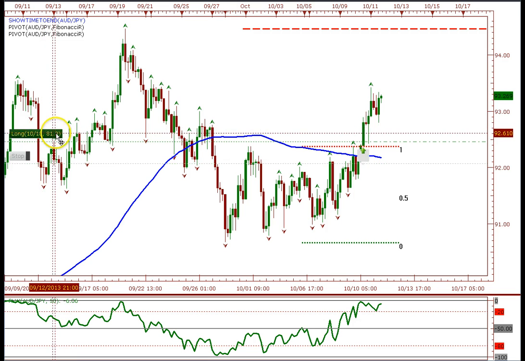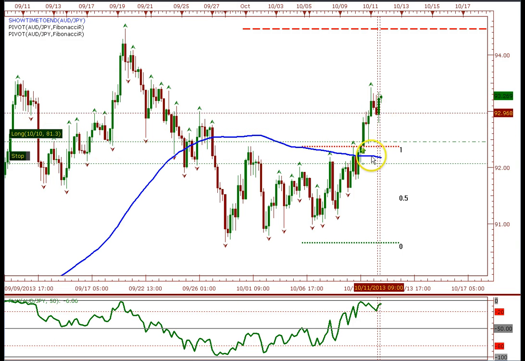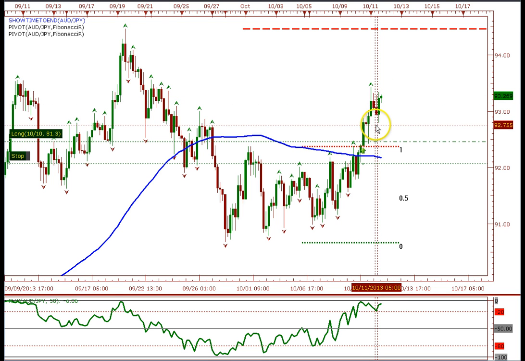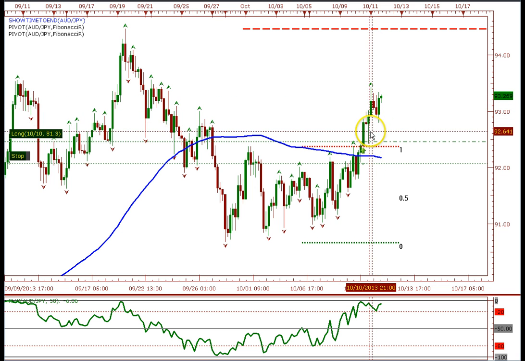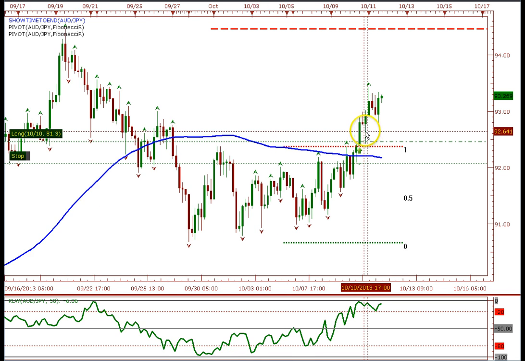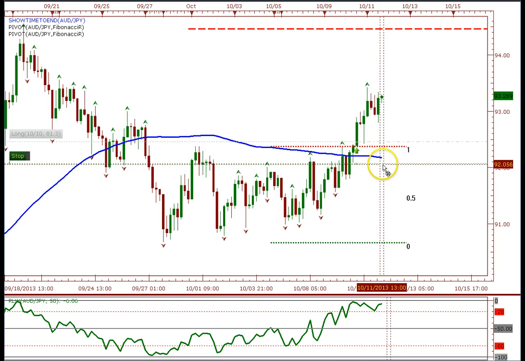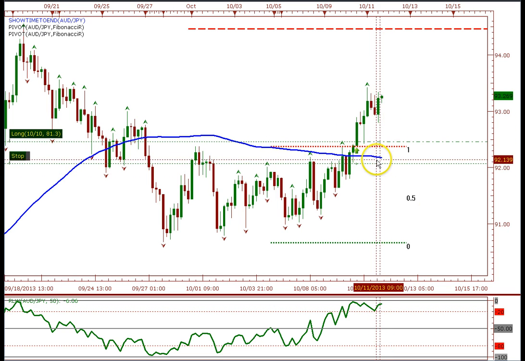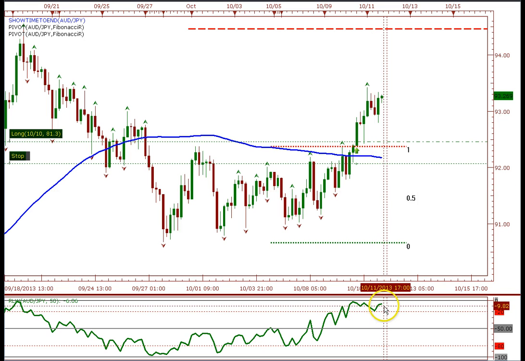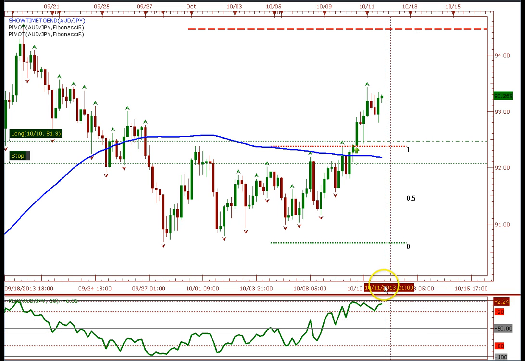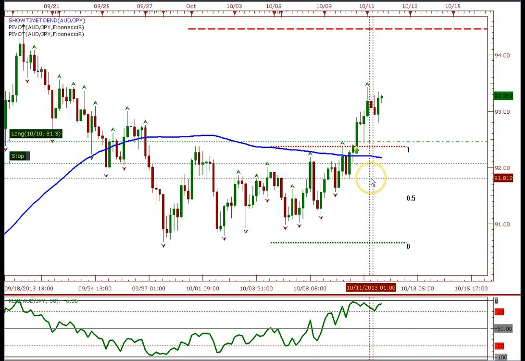I'm not going to let 81 pips right here that you see I made come back to zero. So what I may do, I may let 81 come back to 40, maybe 35, or I'm going to decide a number where I'm definitely going to take a profit and know that the market's starting to go against me. Okay, but if I follow my rules, now I'm going to wait for either price to close below the 100 period moving average, or for this indicator to close below this negative 50 level. All right, those are the rules I'm going to wait for, and after that I'm out of the trade,